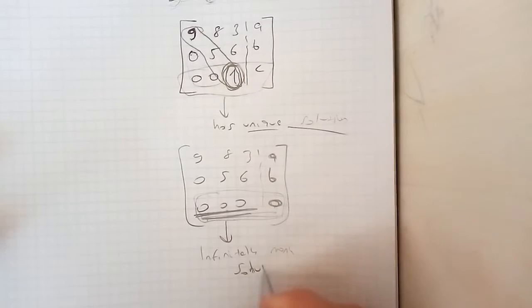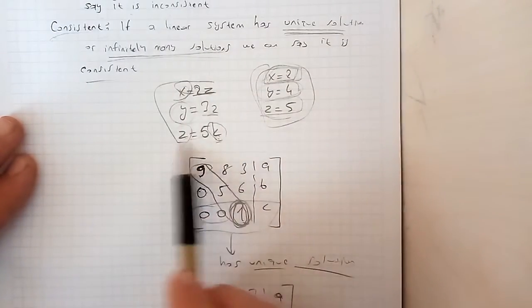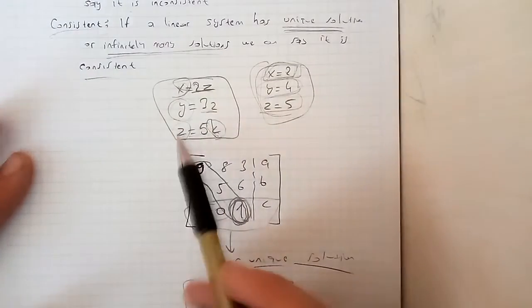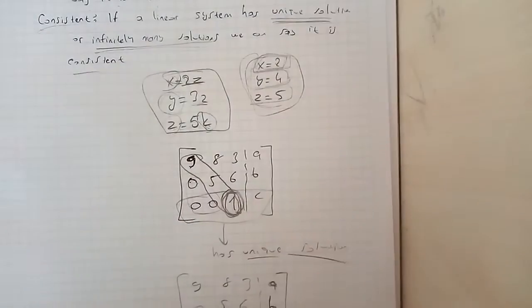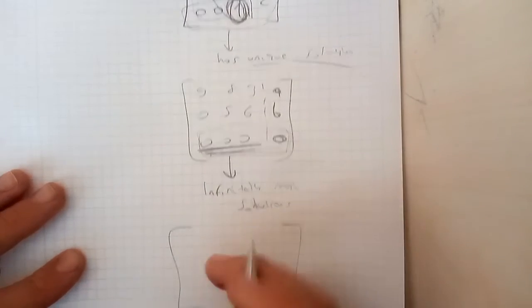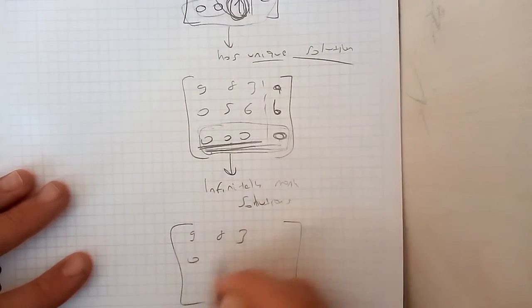Infinitely many solutions. This means your answers will be like that and you can change them. Already I talked about this in this video. And another situation is that,